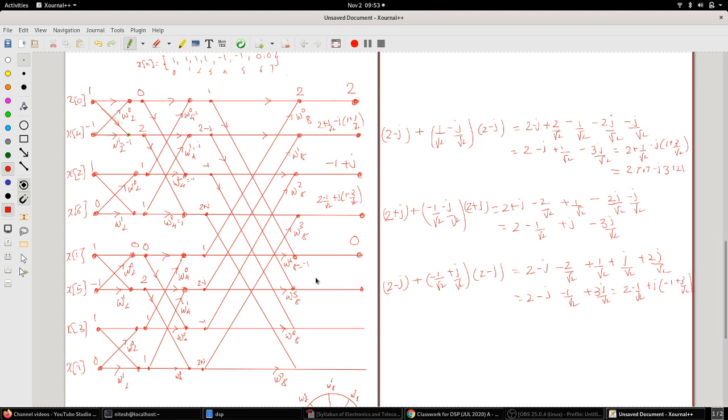So this is like, this is 2 minus 1 upon root 2 plus j minus 1 plus 3 upon root 2. This is the answer which comes here. This is w6 of 8. W6 of 8 is minus plus j, so minus 1 comes from here and minus 1 j comes from here, so this will be minus 1 minus j. Okay, minus 1 minus j.